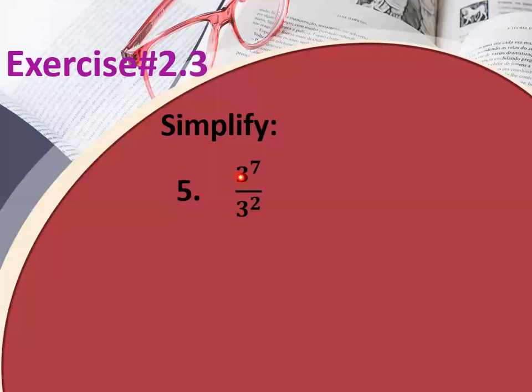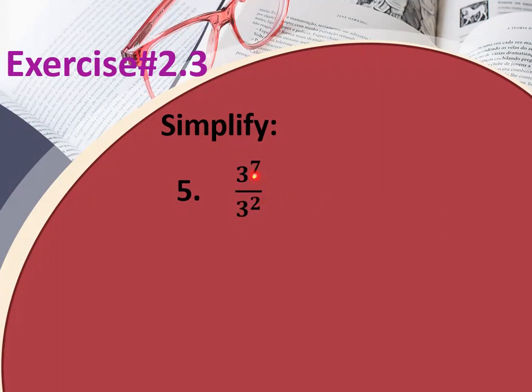Now, what you have here, as you can see, is 3 raised to the power 7 divided by 3 raised to the power 2, or you can say 3 square. As you can see here, one term is divided by another term. So what will you do here? You will take the common base. The bases are common here. Here the base is 3, and in the denominator the base is also 3, but their exponents are different. So if the bases are same and they are dividing with each other, what you will do,